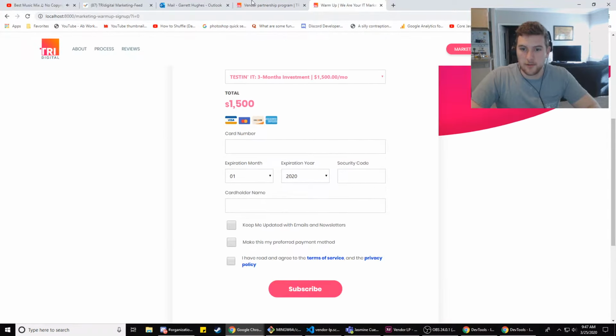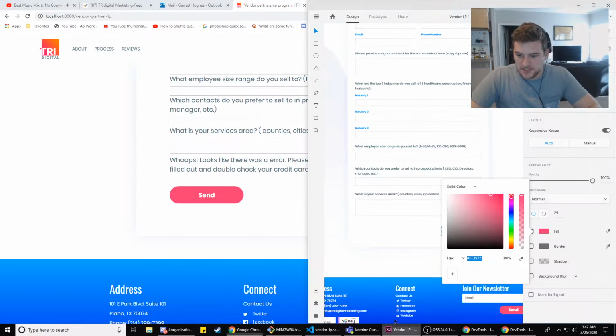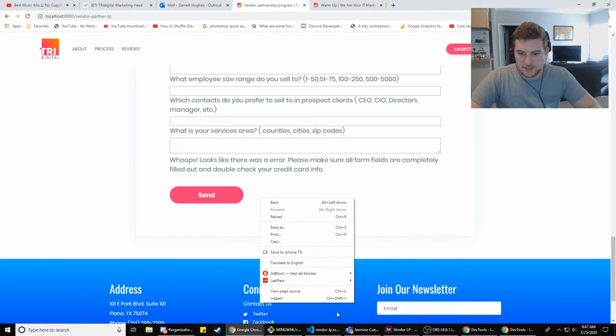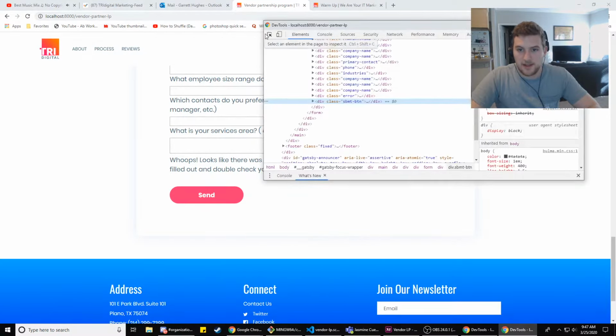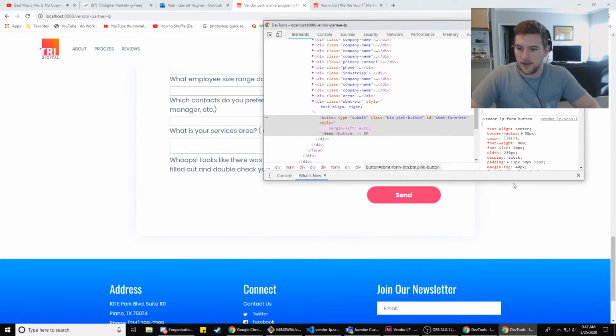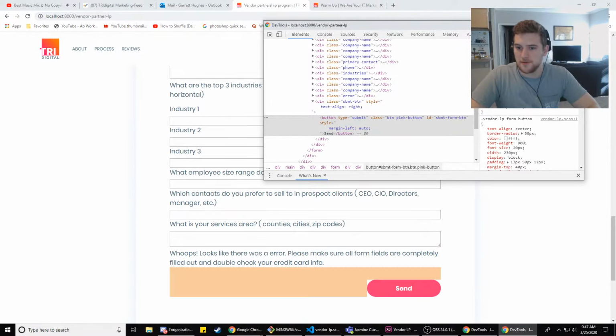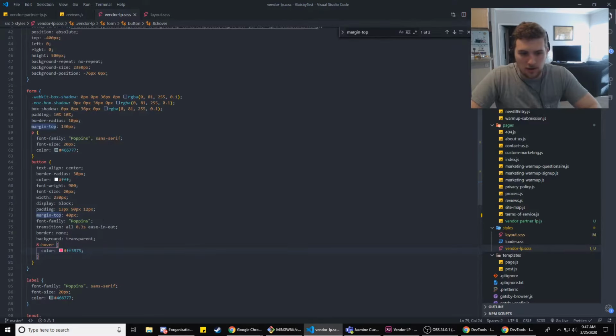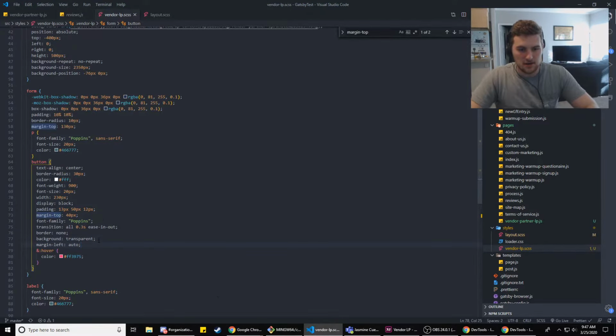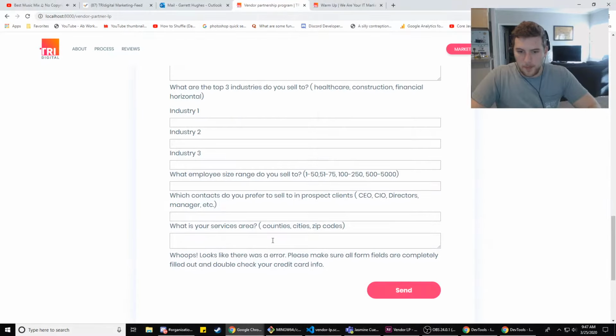Don't need the box generator anymore. All right, vendor partnership. So is this centered or off to the right? It's off to the right, so we're gonna inspect that. This buttons container, which is submit button. If we just do text align right, that didn't work. Interesting. All right, button. What is up with its margin? If we do margin left auto, that'll fix it, and then it's in line with everything too, so perfect. So we're just gonna add that to our button styles here, and that's good to go.